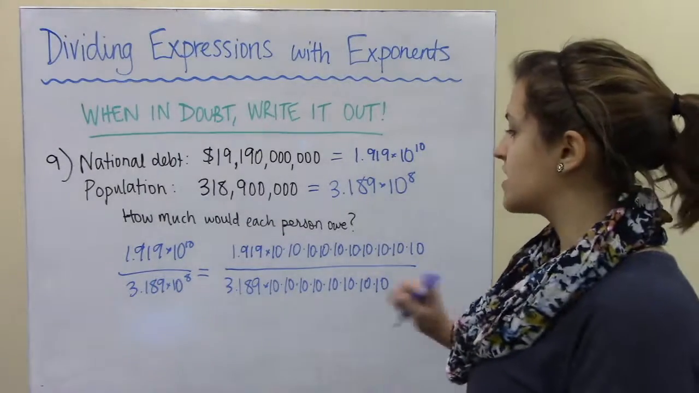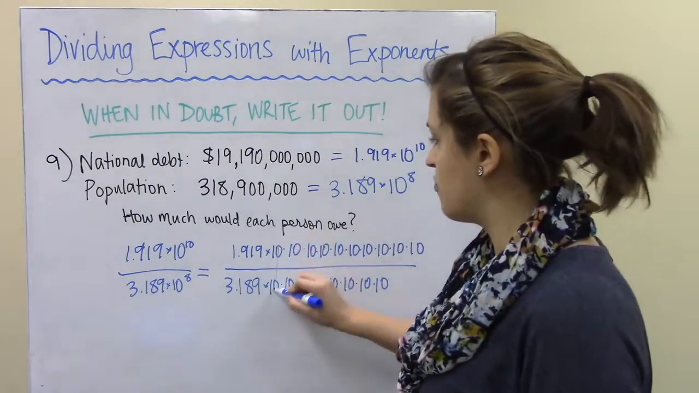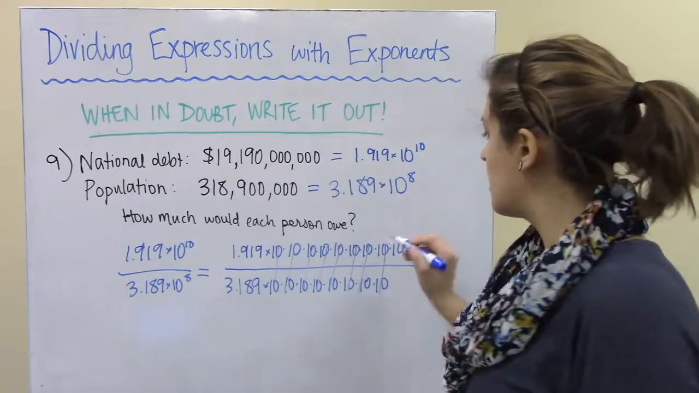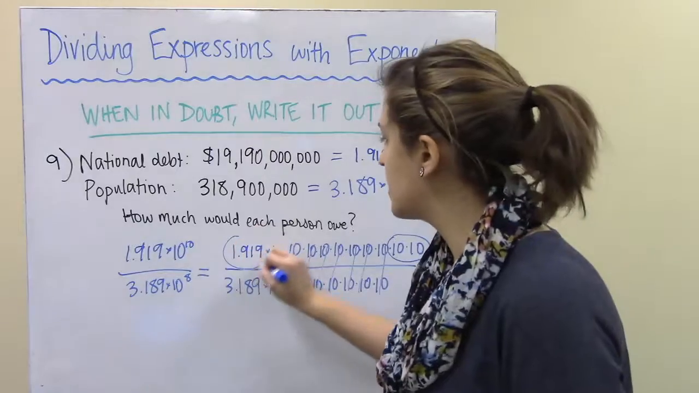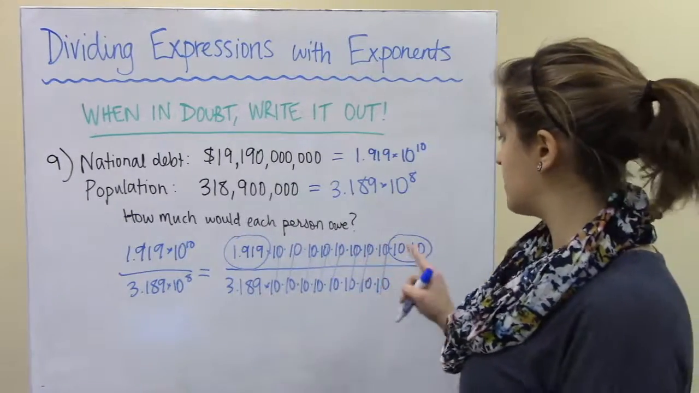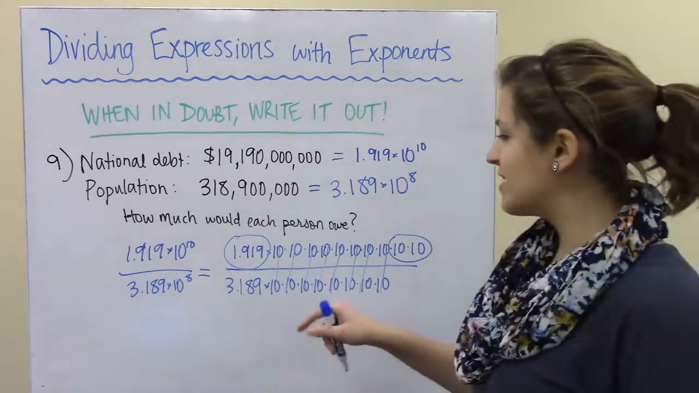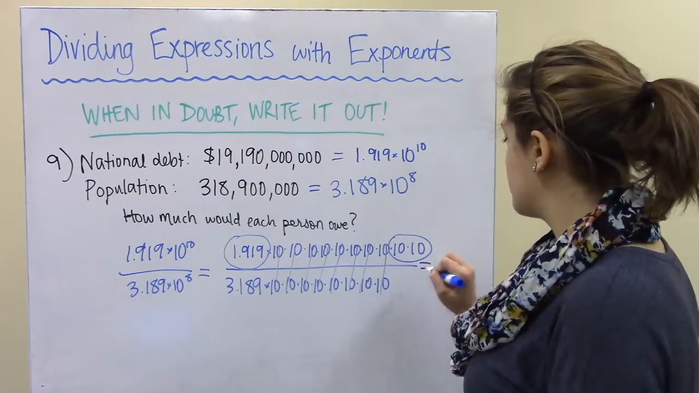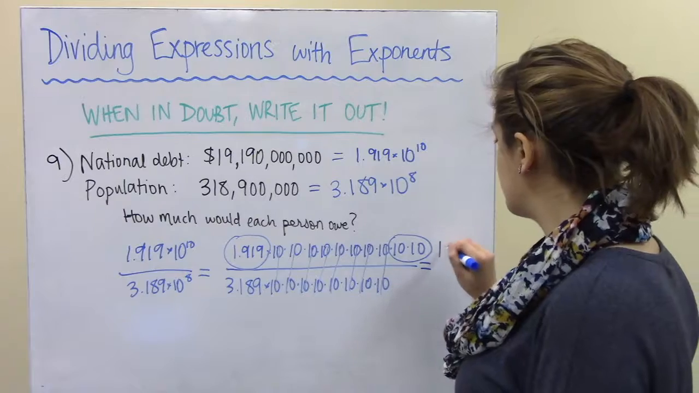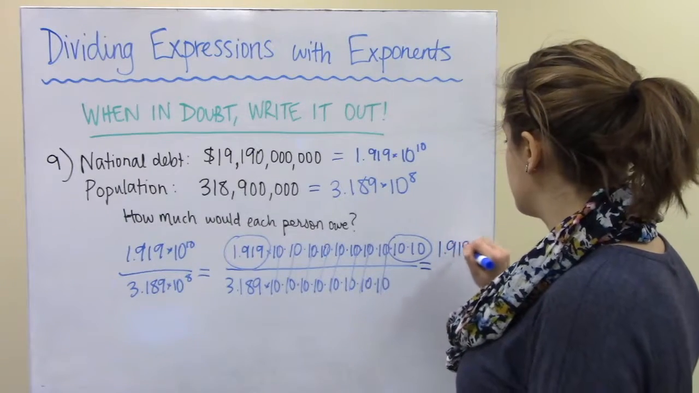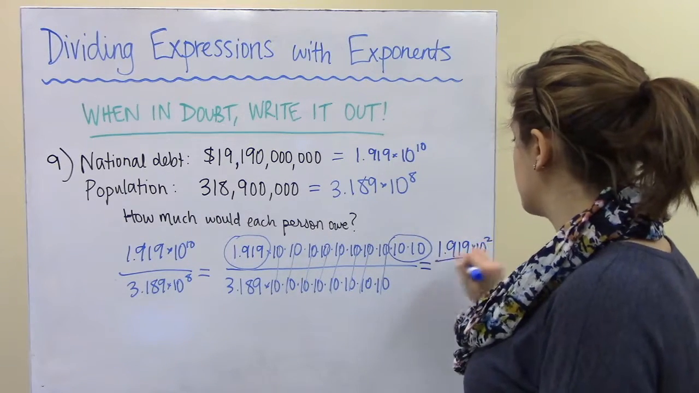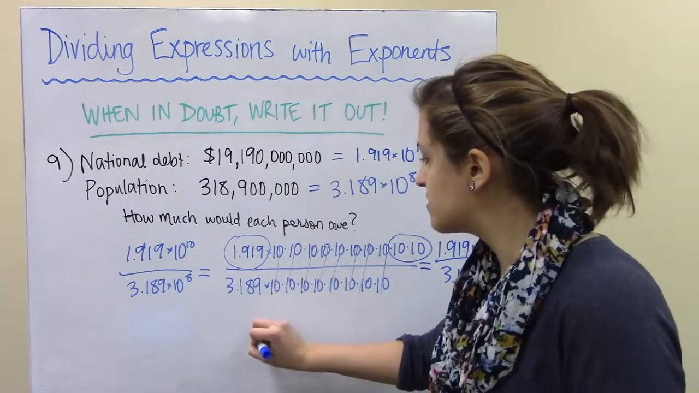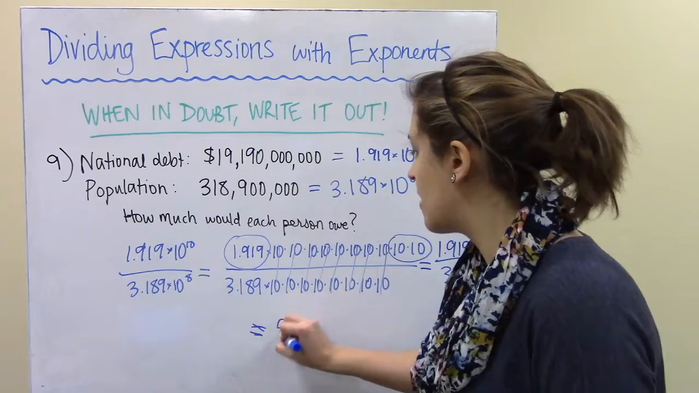Okay, so now I can cancel a bunch of these 10s. So I have 1, 2, 3, 4, 5, 6, 7, 8. And I'm left with, let's see, 1.919 times 10 times 10 in the numerator, and 3.189 on the bottom. So I'm going to have 1.919 times 10 squared over 3.189. And if we use our calculators, this comes out to about